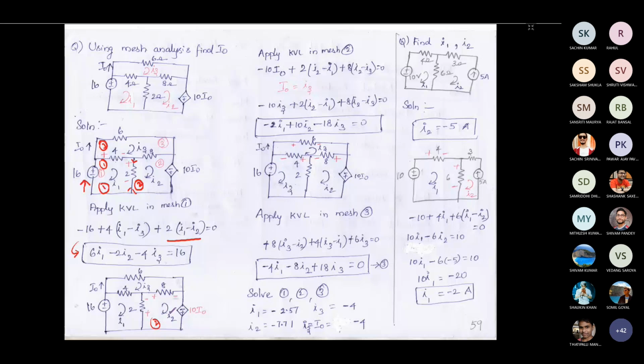So here we have already assumed the current direction is like this in the clockwise manner. Okay, if you apply KVL for this particular mesh, we can see that the current is entering the negative polarity of this dependent voltage source. So that can be given by minus 10 into I naught. Then for this 2 ohm resistor, I1 is coming from top to bottom and I2 is coming from bottom to top. Since we are seeing it from mesh 2, we have to consider it as higher potential, so higher magnitude. So we have written it as 2 into I2 minus I1.